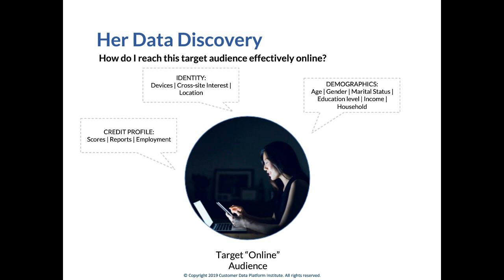So through a process of reaching out to partners and reaching out to third-party providers, she really finds out that the sources of data out there are pretty broad. Most third-party data providers typically have sources of data that are unique to their business models. Like, for example, she can go to an Equifax or an Experian, and they can provide credit profiles and reports and employment information. There's also other suppliers like LiveRamp or TapAd, and they can provide identity graphs that give marketers more detail on where people are online, sites that they visit, which devices that they use.